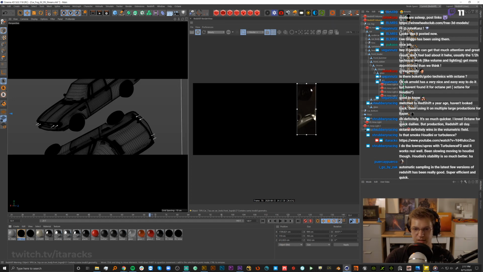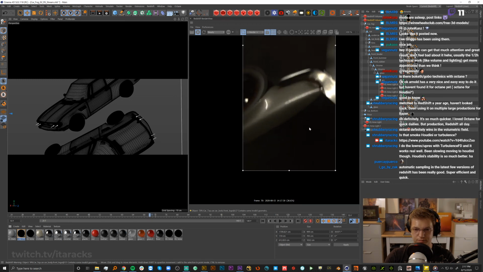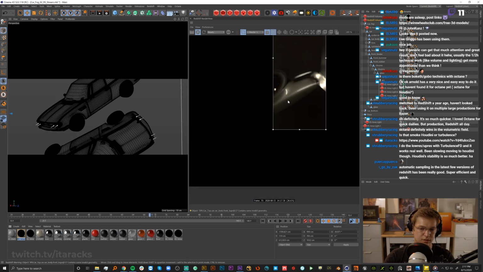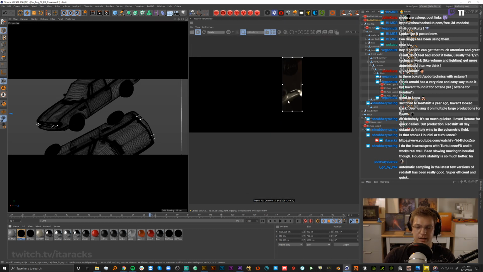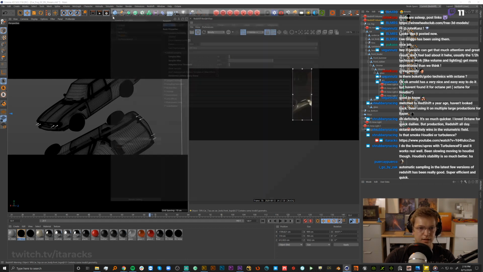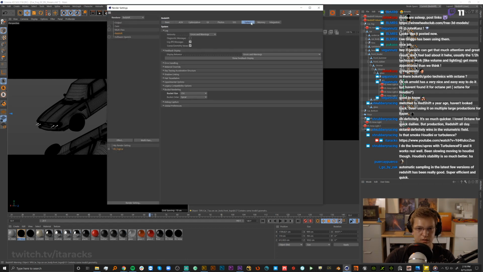But you can see inside your bucket rendering, that was like 38 seconds of this, and it's super clean. You can even see some of the volumetric there. It's clean, it's rendering fine. And once I saw that, I was like, great, this will work for animation and it won't look terrible. But yeah, that automatic sampling, I think if you go into systems,